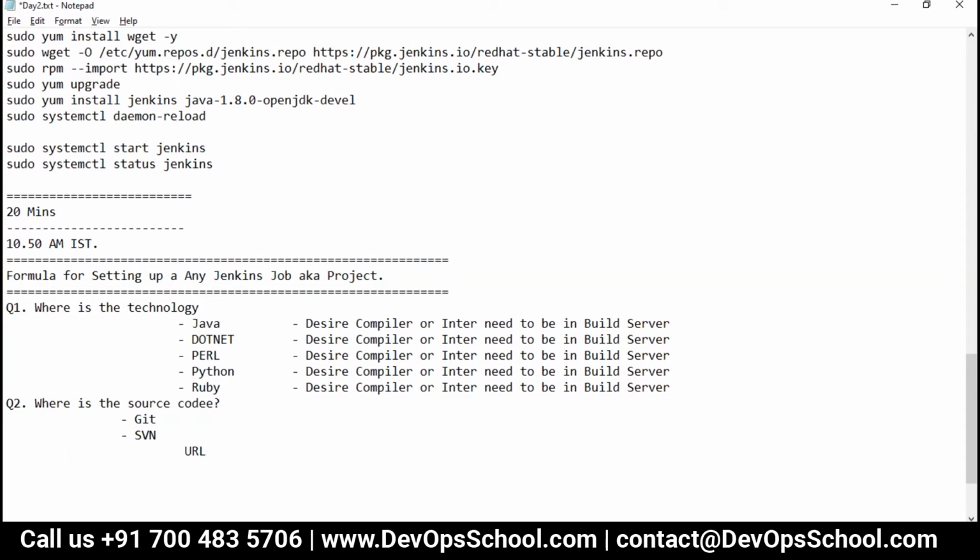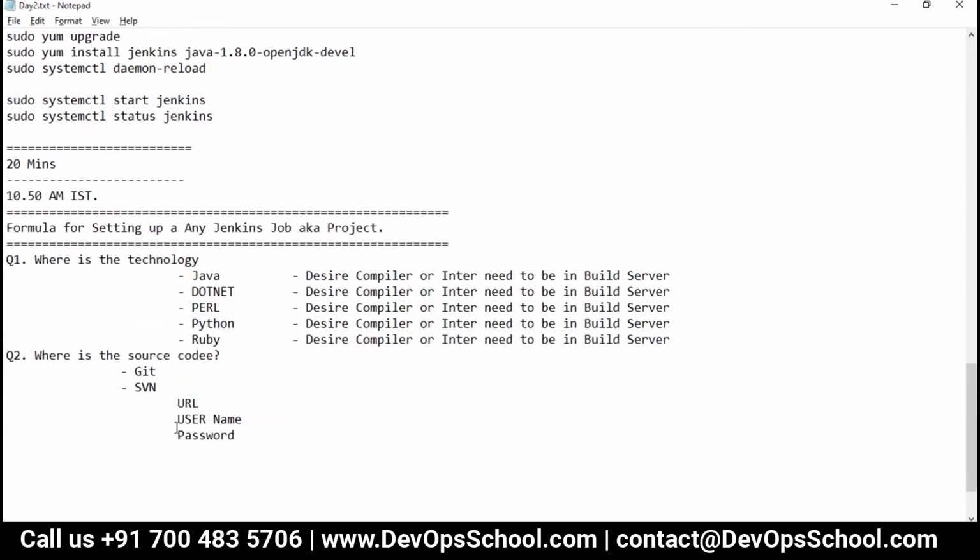What is the username and password for accessing it? How to access those? You also have to ask for the branch name, which branch you want to build, and stuff like that.